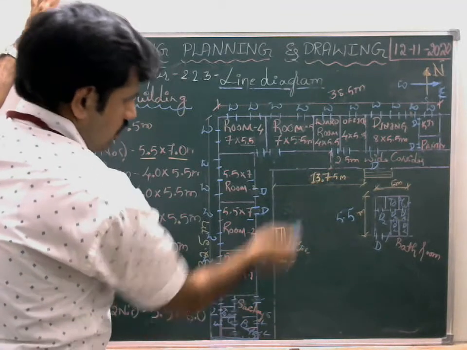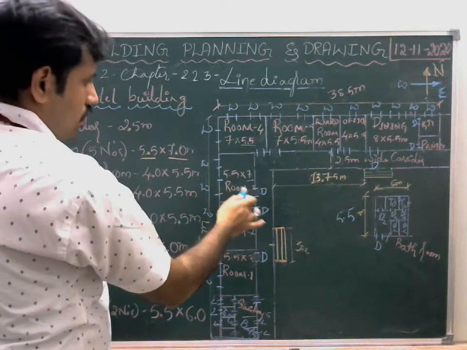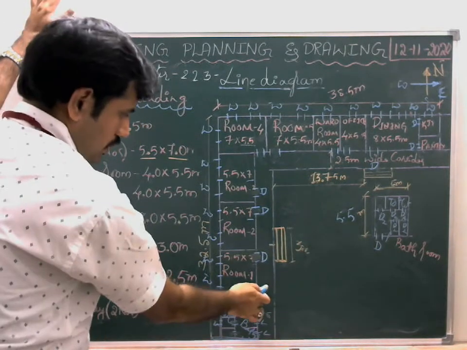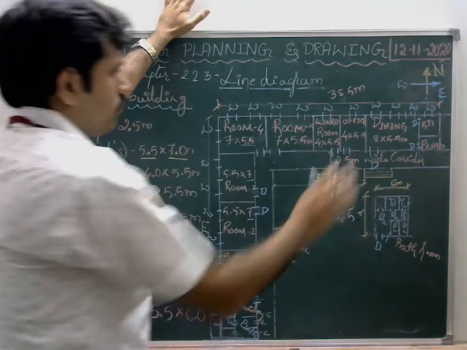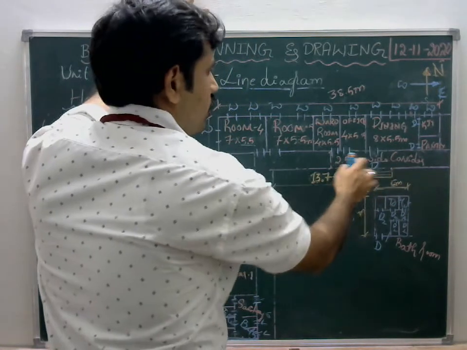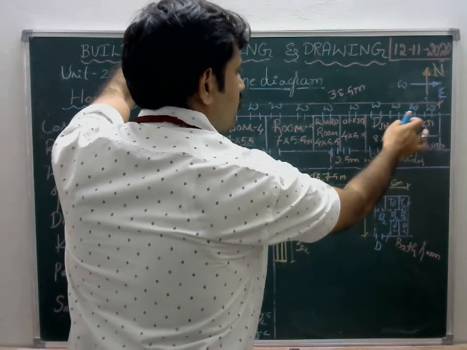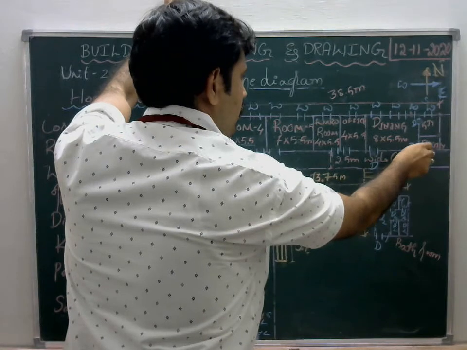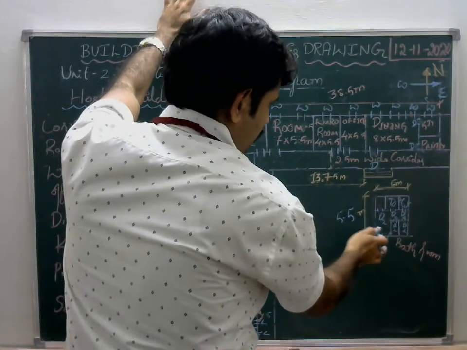So these are where we are going to enter. From this you are going to enter here also. The sanitary part we are going to enter from this corridor. Everything is fine. You are going to enter the dining hall from this side, and then you can access this pantry as well as the kitchen from this side. You can enter from here itself, and here you can enter from the corridor.